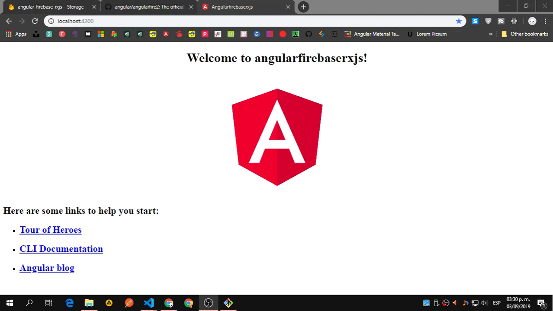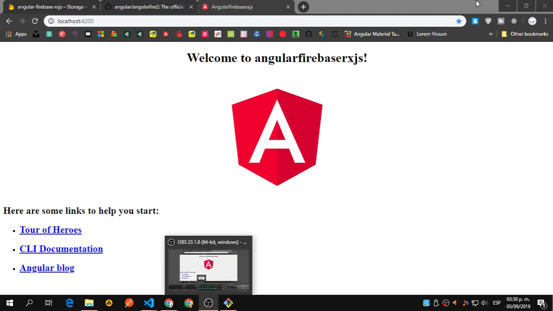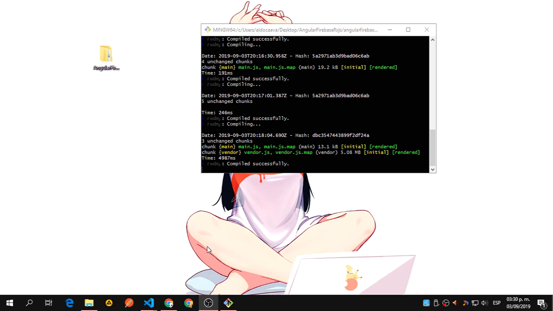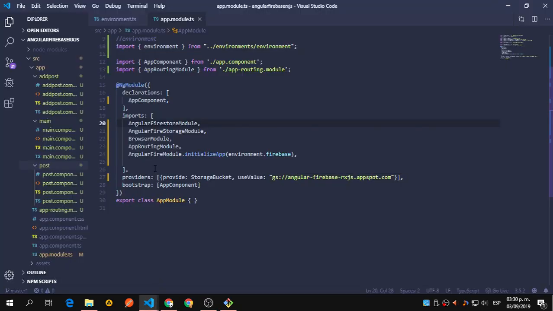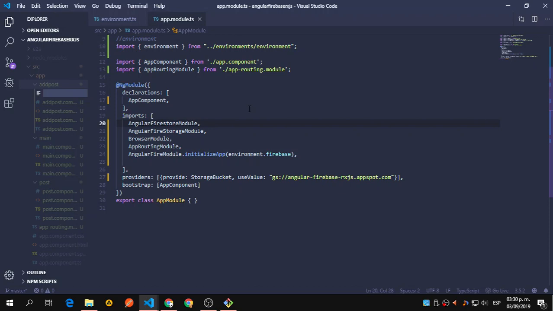Okay, at this point we can now start adding the lazy loading. So let's go to the app, but we need to create two files inside each component. And well, let's start. So you can see we need the add-post-routing